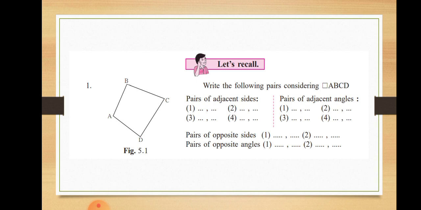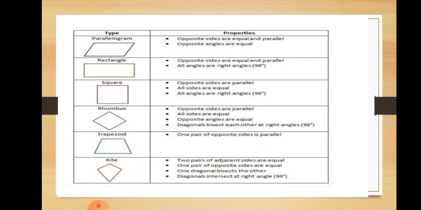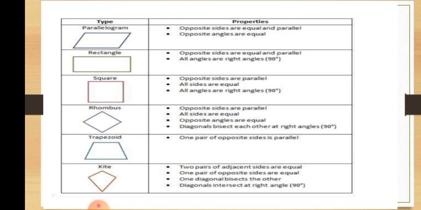A trapezium is a four-sided closed figure. Quadrilateral means a four-sided closed figure, and each and every quadrilateral has its own properties. Now one by one we are going to learn about the theorems. The main property of a quadrilateral is that the sum of all angles of a quadrilateral is equal to 360 degrees. This property is useful to solve the sums regarding quadrilaterals.